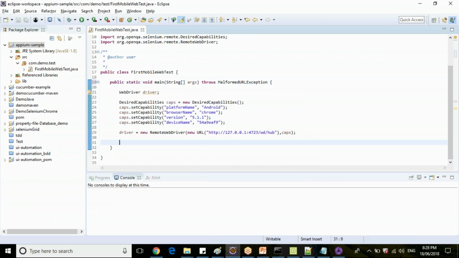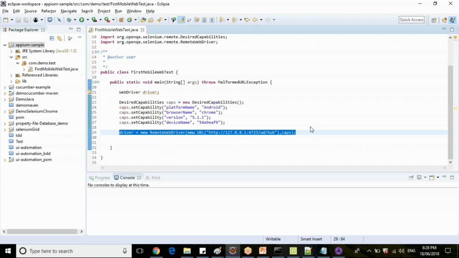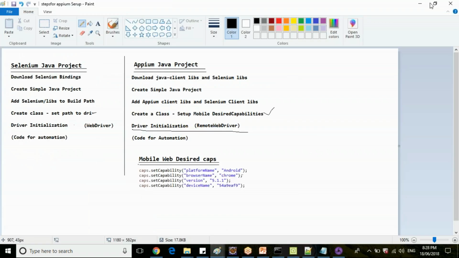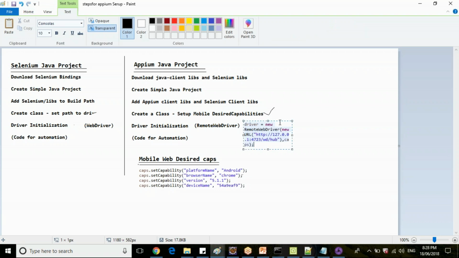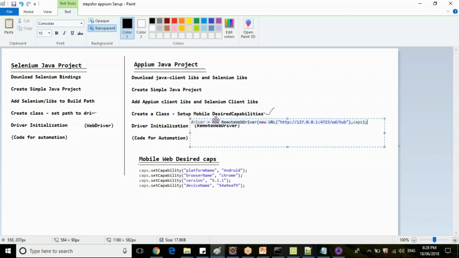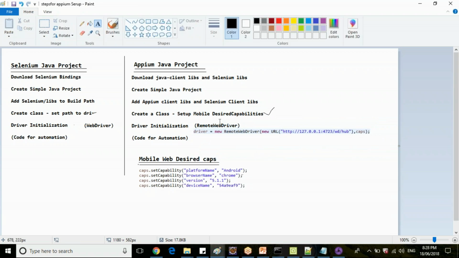Some malfunction, your exception. So let me copy this step and explain. This is the declaration here.